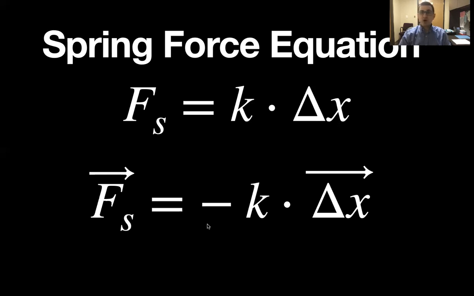So this is called Hooke's law, and it applies to all springs and other elastic materials that comply with Hooke's law. There are some non-Hookean materials that do not conform to this law. Maybe it's times stretch squared or the square root of stretch, and they might give you a problem with a non-Hookean material just to see if you can linearize the graph. But any spring that's following Hooke's law is going to be a linear function where the force of the spring is linearly proportional to the stretch of the spring,